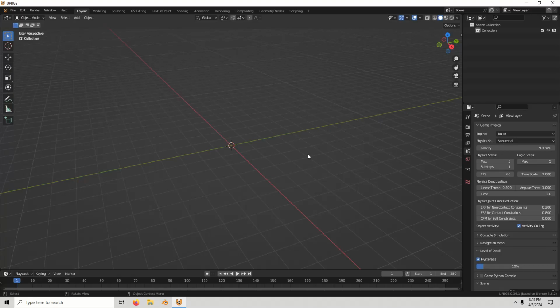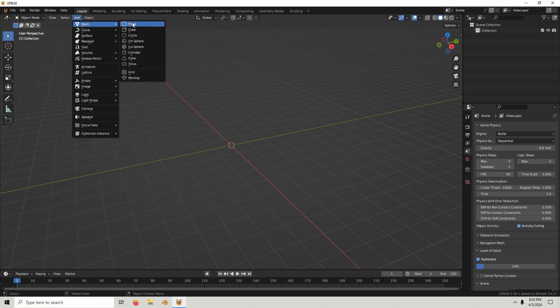Hey guys, in this video I'm going to show you how you can make a water shader as well as use it in your UPGE projects. And I'm sure you would want to create your own textures for this, so I'm going to show you how to do that. I'm just going to add a plane,